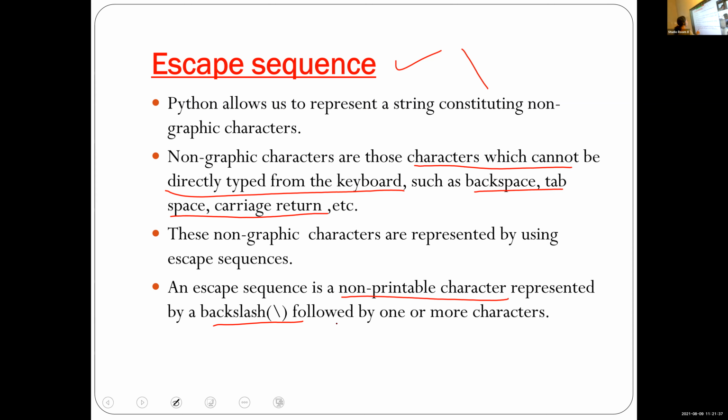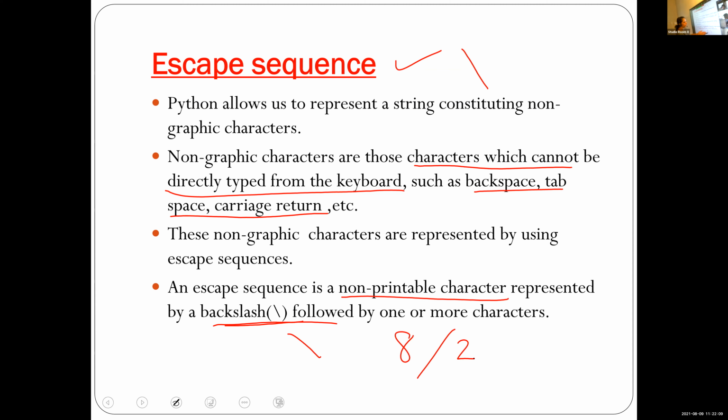All these escape sequences start with a backslash followed by one or more characters. So the start of an escape sequence is a backslash. Understand the difference between backslash and division. If there is confusion, write an expression like 8 by 2.